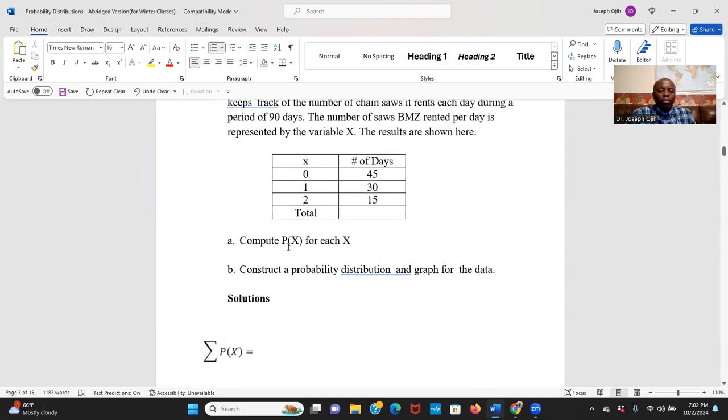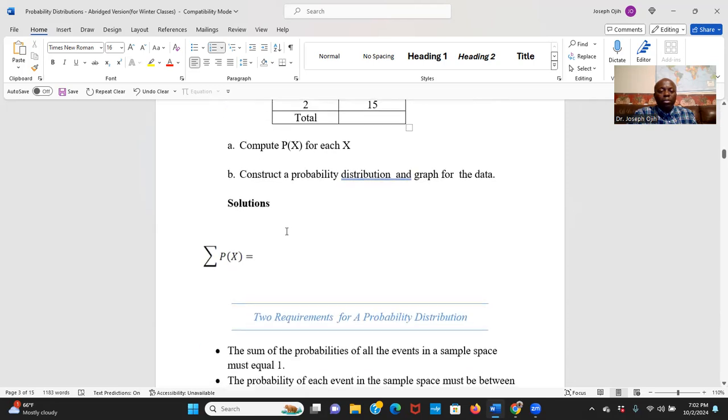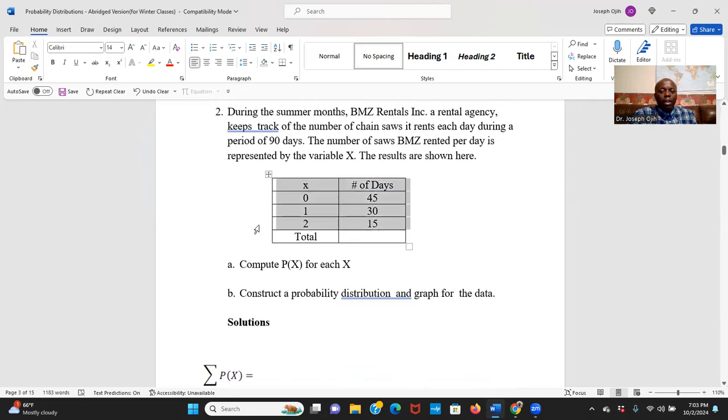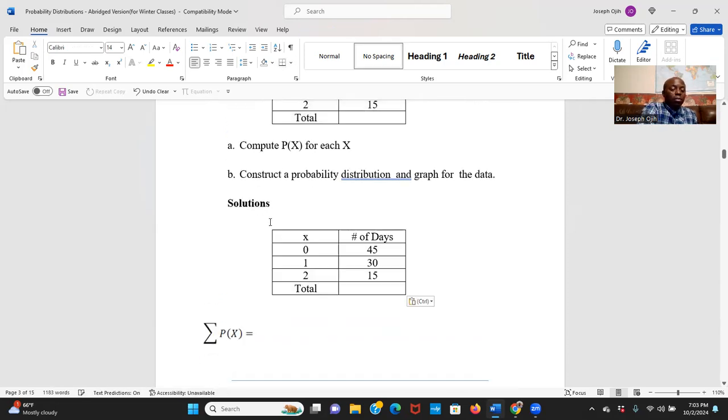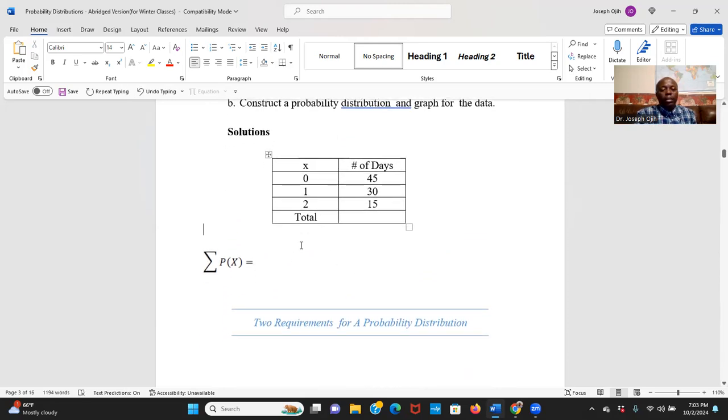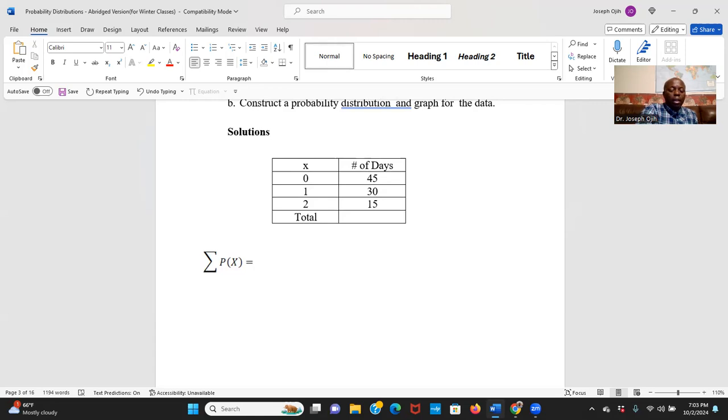First of all, let's answer the first question: compute P(X), the probability for each of the outcomes. I'm going to copy this table and put it under the solution so we can answer the question. Part A says calculate P(X). I'll make the font 18. Let's calculate the first one, the probability of 0. So P of 0,